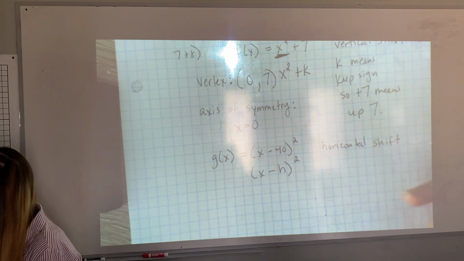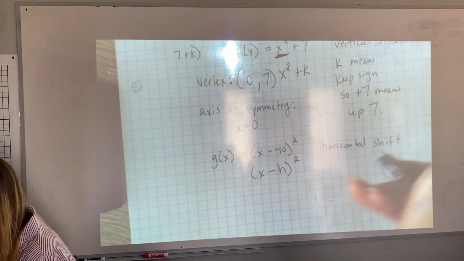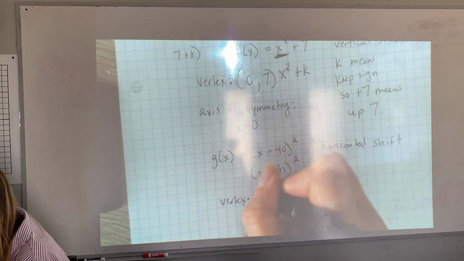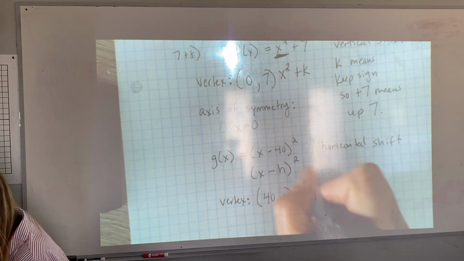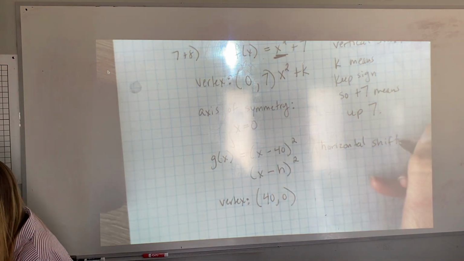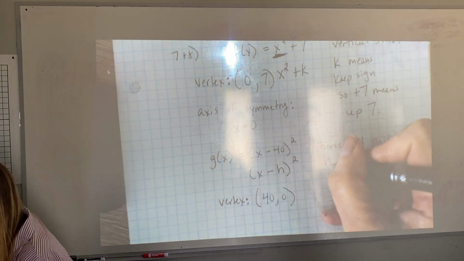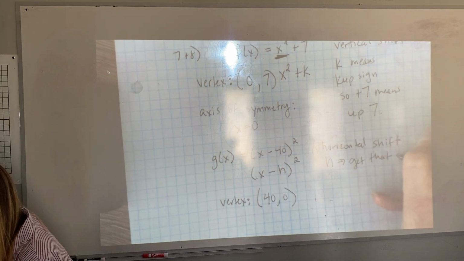Now this is the tricky one. The vertex would be 40, 0, because if it shifts horizontally, now remember, h means get that sign,